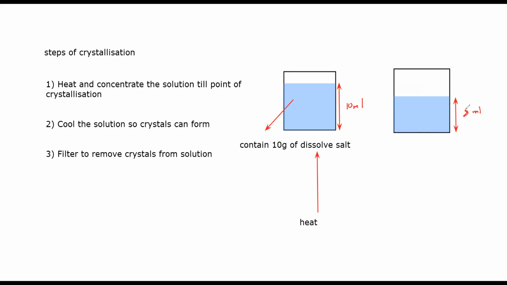So now it is 8 ml. So originally it was 10, now it is 8. If 10 ml was dissolving 10 gram, so 8 ml can dissolve 8 gram. So what happened to the remaining 2 grams? That remaining 2 gram will crystallize. So you will have 2 grams of